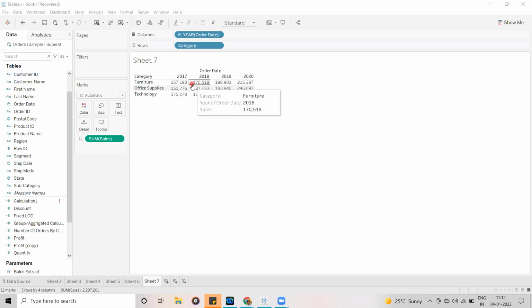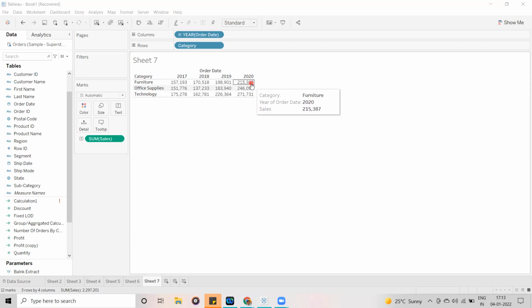For example, if you want to do ranking, if you want to give ranks based on the data available in the visualization, or if you want to show running totals, or the percentage of total. For each and every one of these, we are not going to write any calculation. We are just going to decide how you want to perform the calculation, based on which direction you want to perform it.